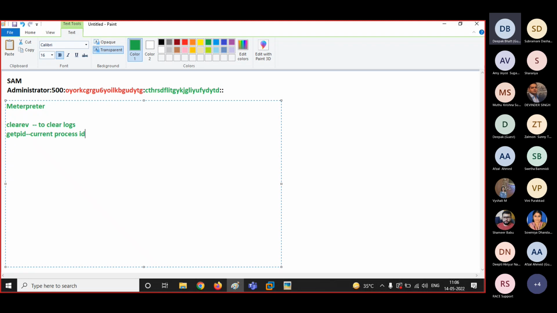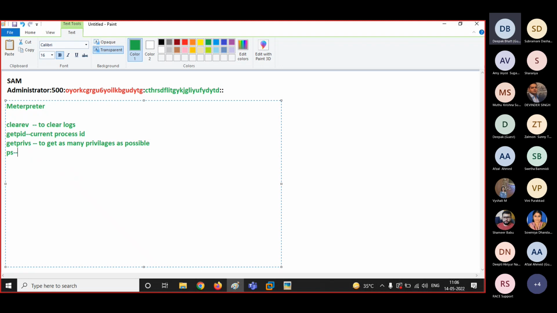Then we have the command known as getprivs. Getprivs is a command that you will be using to get as many privileges as possible. Then we have another command known as ps that will give you the list